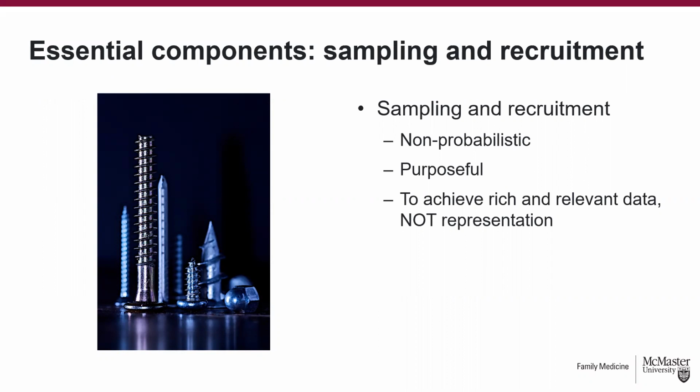But this idea also works for projects where the data doesn't come from people. So we might sample documents, we sample cases in a case study. Here the idea is about choosing rich and relevant data. And in qualitative research, we don't try for a representative sample, right? Instead, we aim for a sample which will yield rich and relevant data to help answer the question under consideration. And there's a whole bunch of different sampling techniques that one could use. Many qualitative researchers will start out with a convenience or a maximum variation sample, and then proceed more theoretically, identifying and recruiting participants to fill gaps in the data or to test emerging insights.